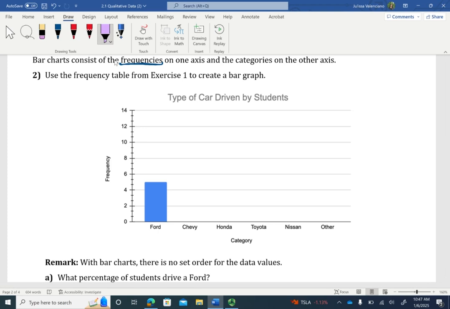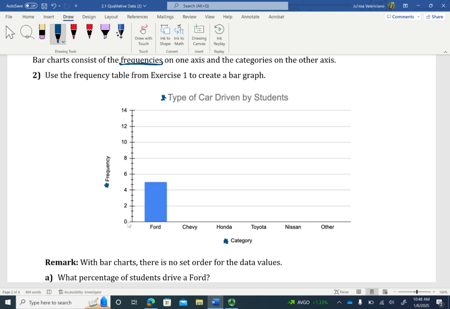Now, what are the expectations for a bar graph? Well, you're going to need a title for the graph. You're also going to need to title the x-axis and the y-axis. Now, notice here, the x-axis is being used for the categories and the y-axis is being used for the frequency. Now, it doesn't have to be that way. You can use the x-axis for the frequency and you can use the y-axis for the categories. You have both options. Now, since we're using the x-axis for the categories, notice you're going to see each of the categories on the x-axis.